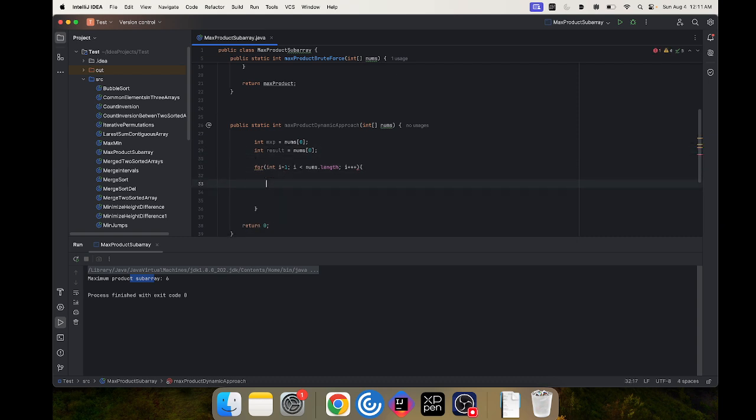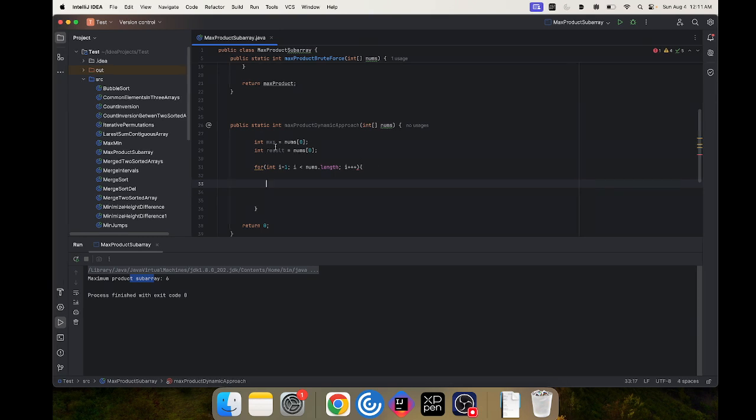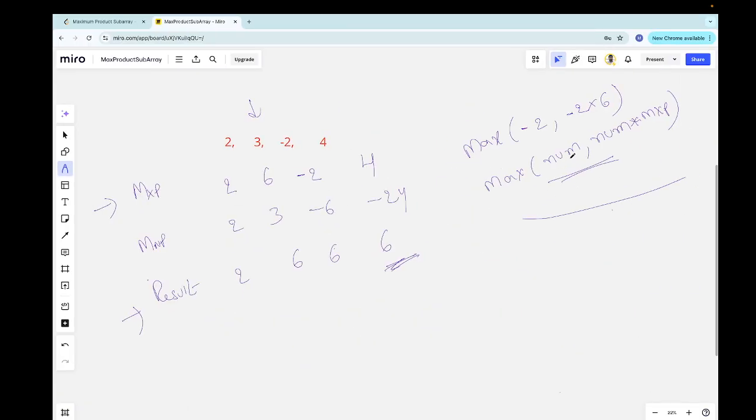Okay, now what do I need to find? I need to find the maximum product, right? Maximum. You see, we already taken this one. Okay, maximum product equal to max of which one? This one,